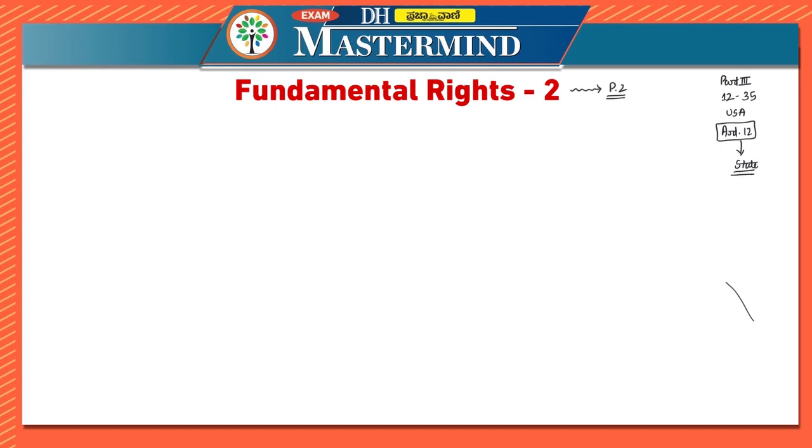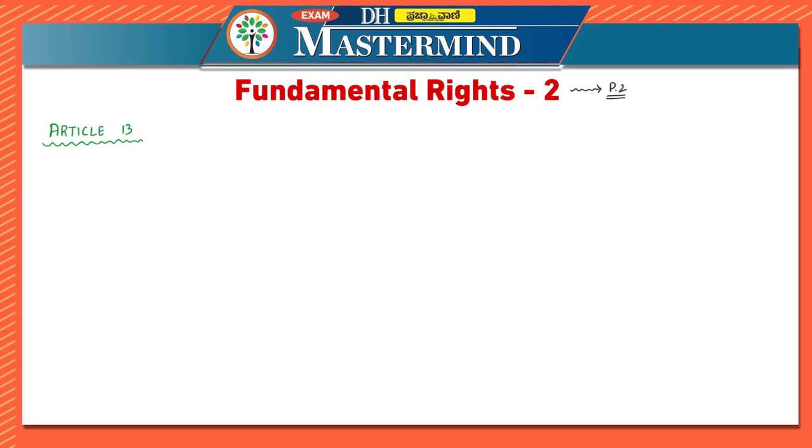till here, and other basics we have seen, that is the important features of the fundamental rights, etc. Now in this part, let us start with the next article, which is Article 13 of the Indian Constitution. Before we discuss Article 13, there are two words, the definition of which let's look at. Then it will be easier for us to understand Article 13.